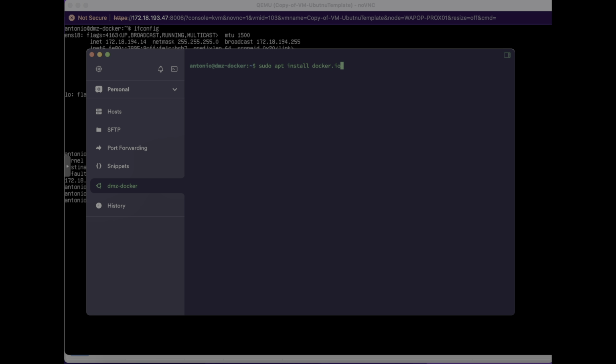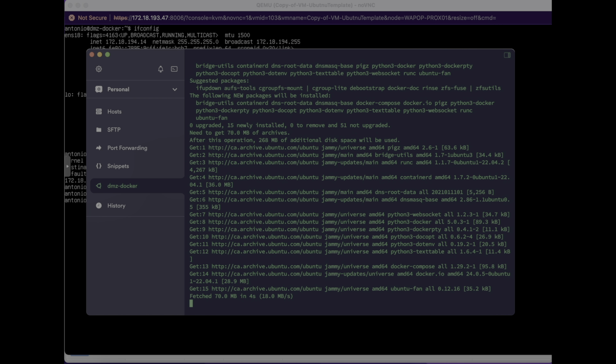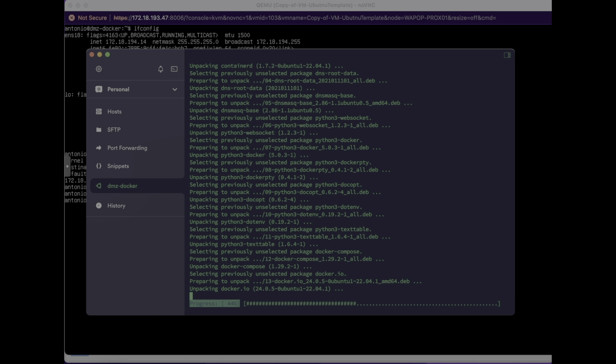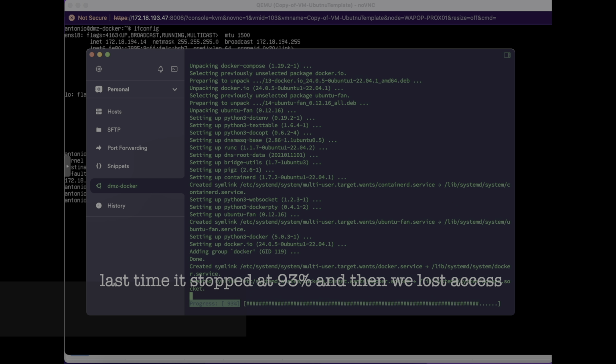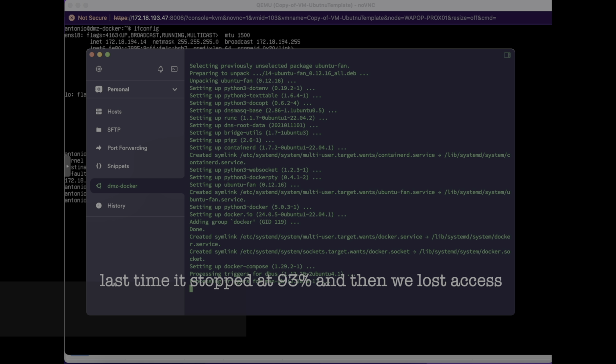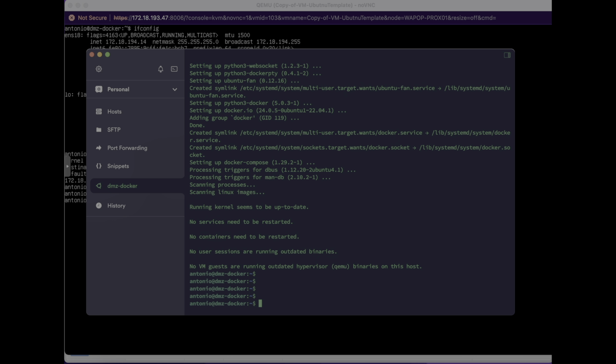The same thing I'm gonna do, I'm gonna install docker.io and docker compose, hit -y so I don't have to agree to any questions. And last time, if you remember, Docker or the installation has finished at 93%. However, this time we don't have a broken SSH session, so